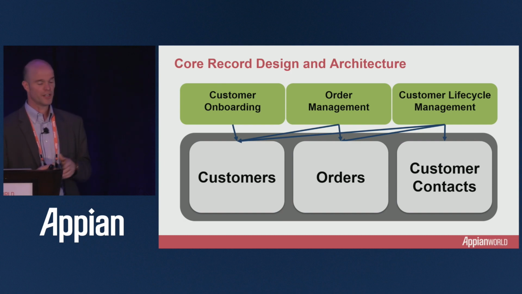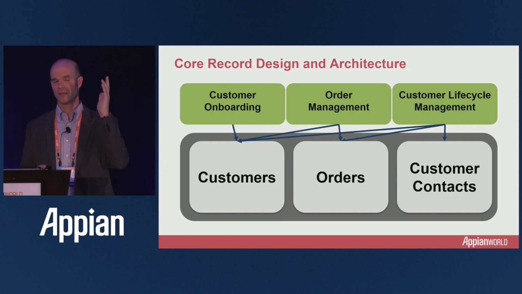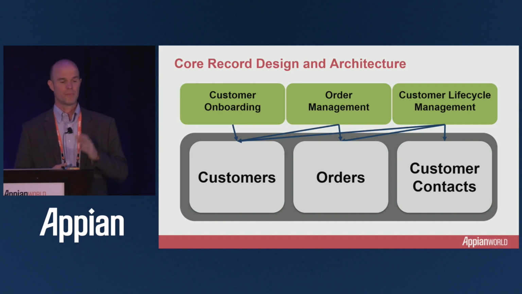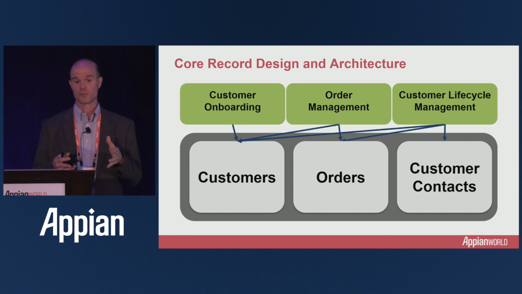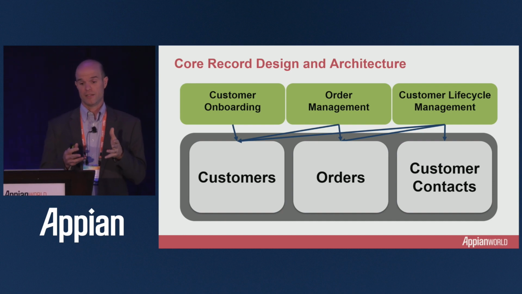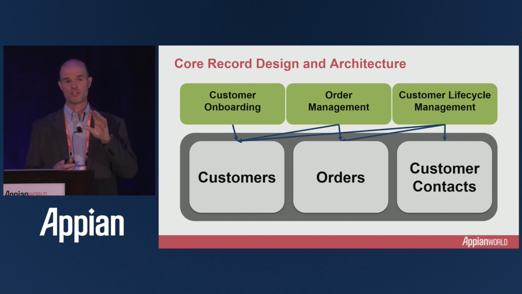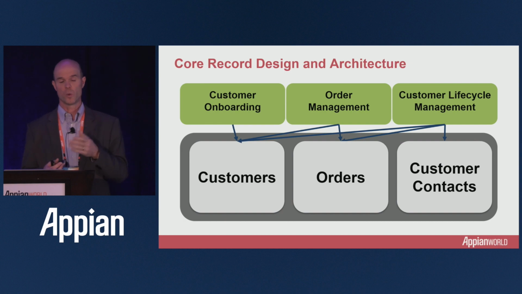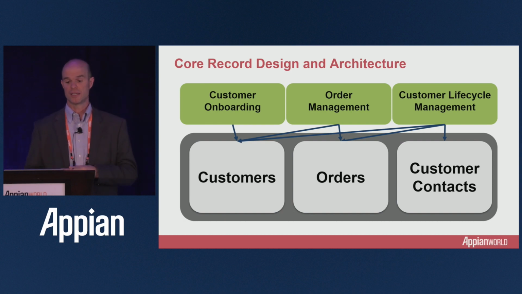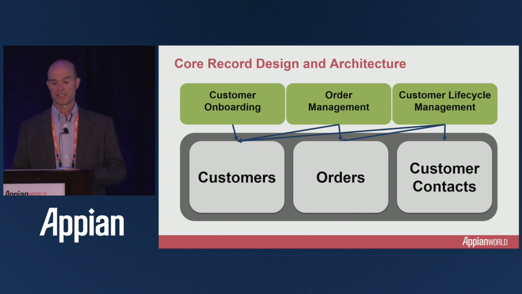So what we've sketched out here is a very simple example. If I have a customer onboarding app, we might identify the customer record as the core record for that, right? As soon as I have that set up and that app goes live, I now have another opportunity, order management, right? I can add a second record and build out a second application on the foundation that I've already set, and then that can continue as I build out my application platform. You could, for example, have a customer